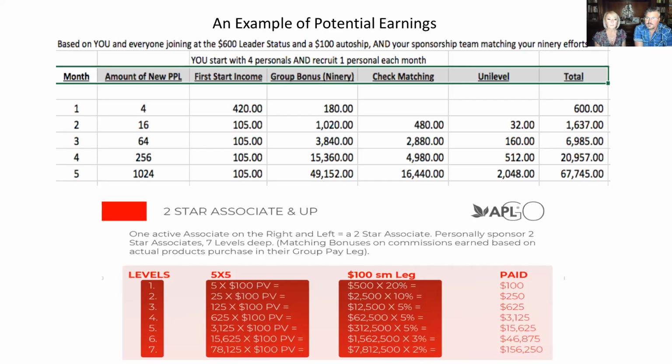In your first month, your 4 new people would earn you all your money back, $600. So what a great place to be when you're now in pure profit. In month 2, when those 4 people each bring those 4 new people, now our total for the month would be about $1,600 plus. These are minimums. And remember, Kelly told you about 5 or 6 out of the 15 ways we get paid. And this is just 4. This is just using the 4 concrete ways. By month 3, we're looking at almost $7,000. And by month 5,